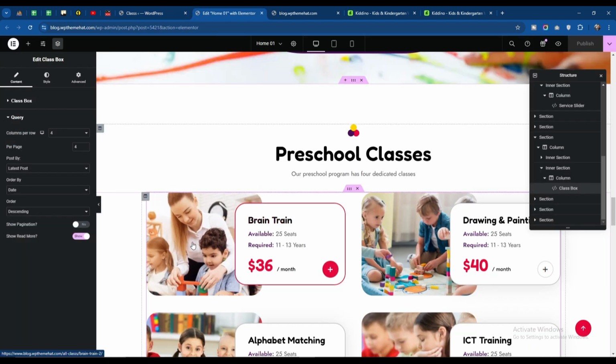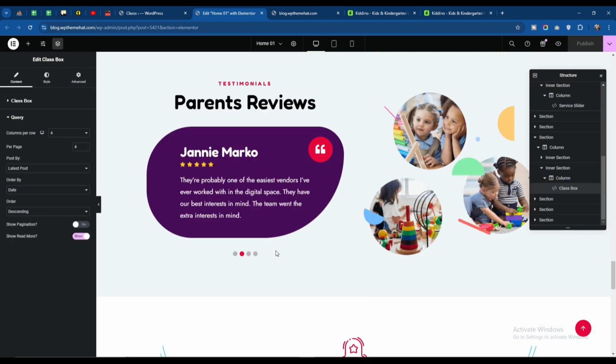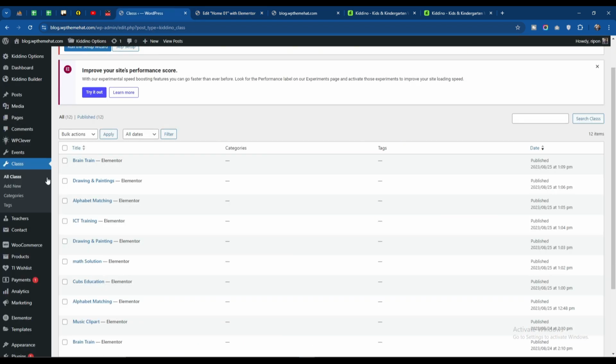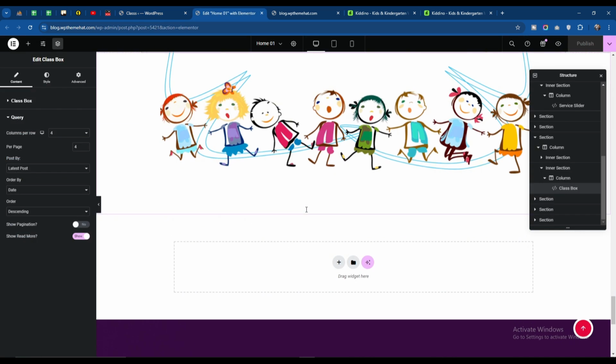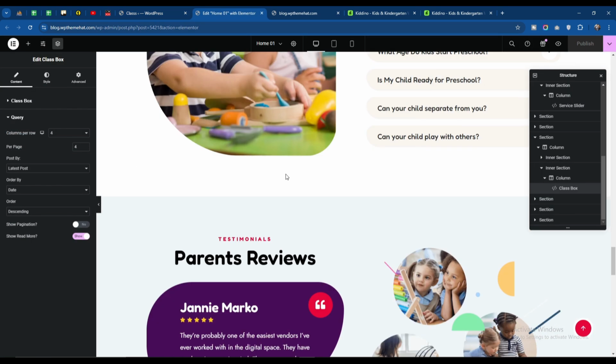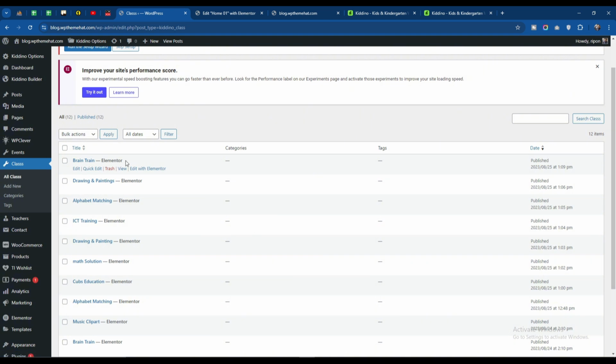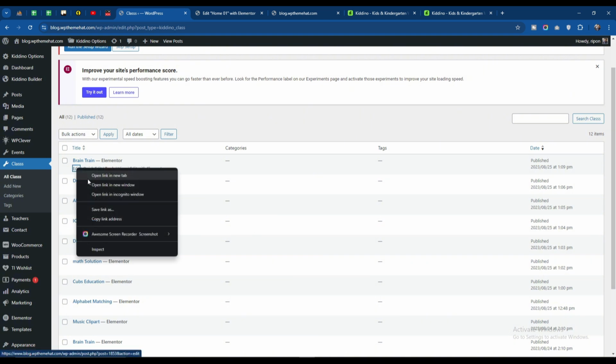So if you click on any class box or any service or any events or any teachers, if you see any kind of blocks in Elementor, then you need to go there and select all of these things like I showed here. Like if I go for the brain train for the class box, if I edit it from here